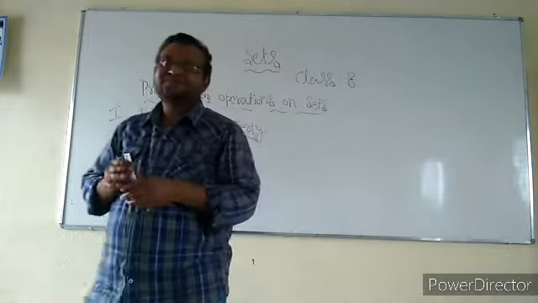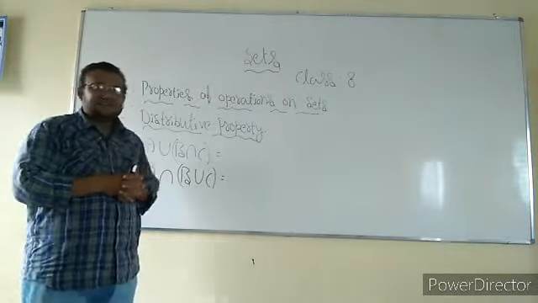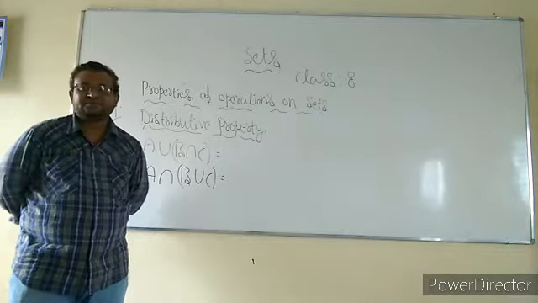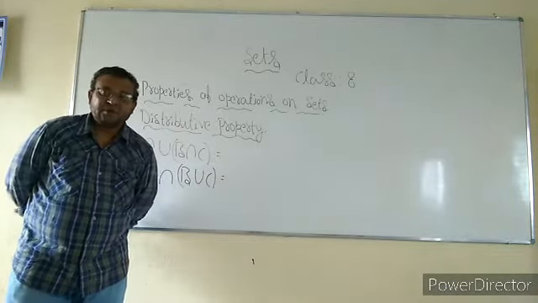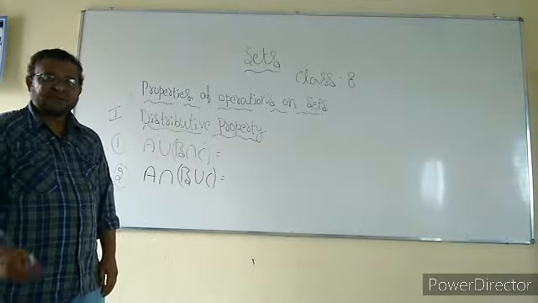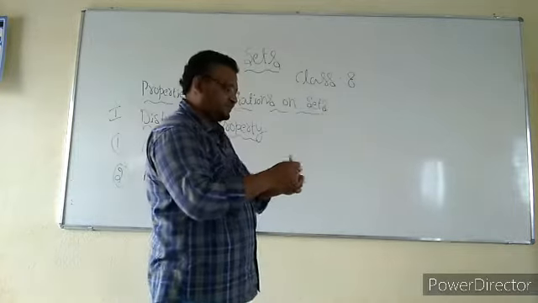The first, properties of operations on sets. In that one, the distributive property. So distributive property means distributing equally. In the number system, we know the distributive property as